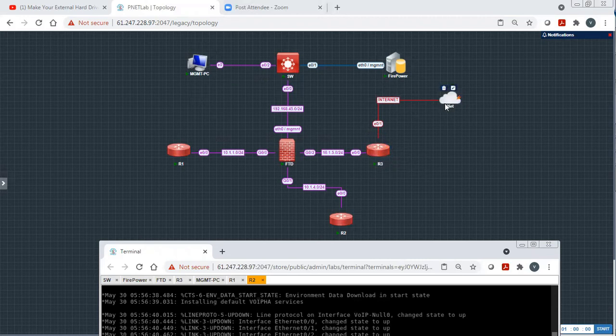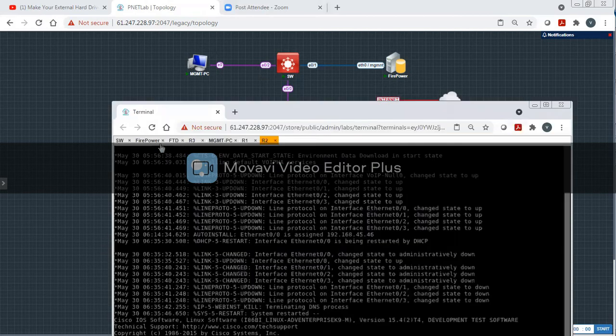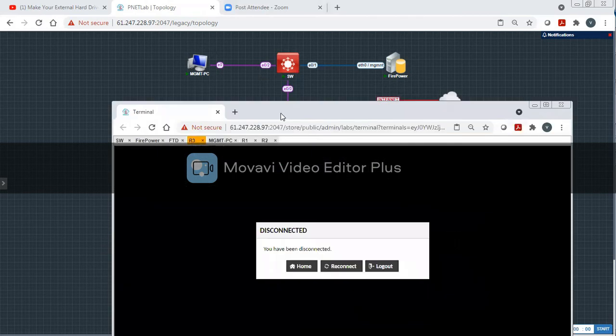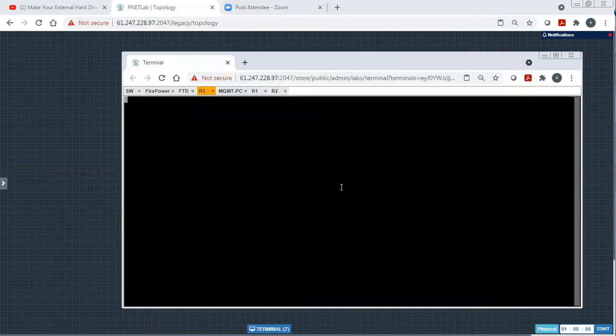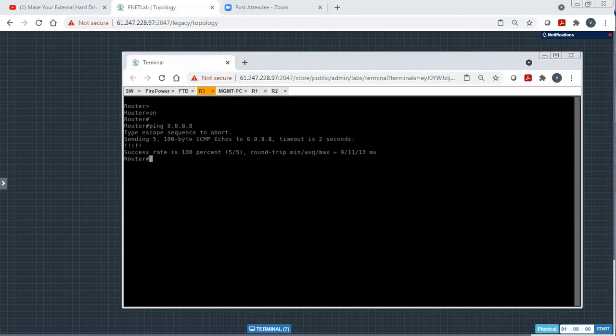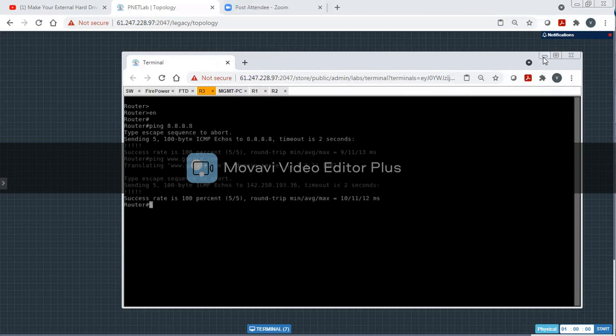This cloud is NAT enabled, so we are actually getting replies from the internet on this router. Let's just verify once. So we have a reply. Everything is working.